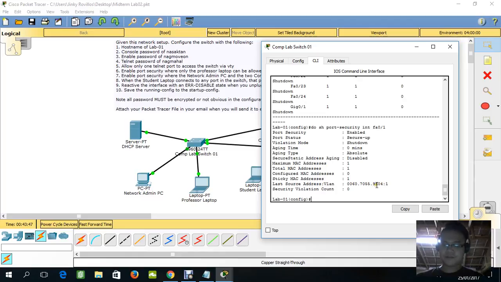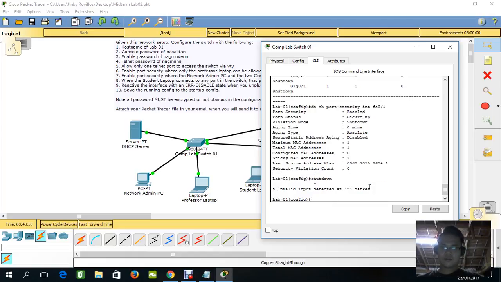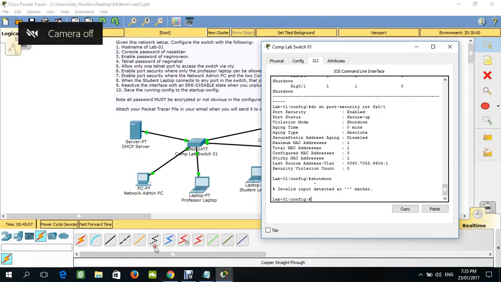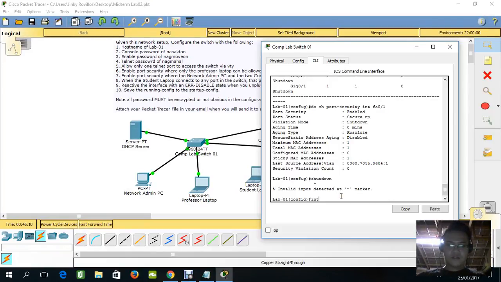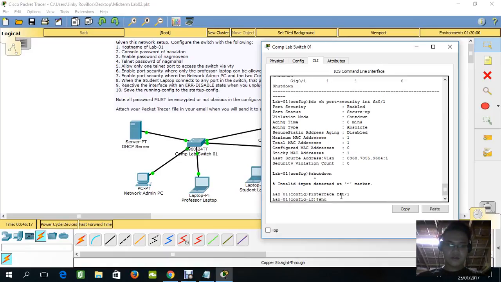Okay, and then we're going to shut it down. Oops, I forgot the interface. And then interface FA, and then shutdown.